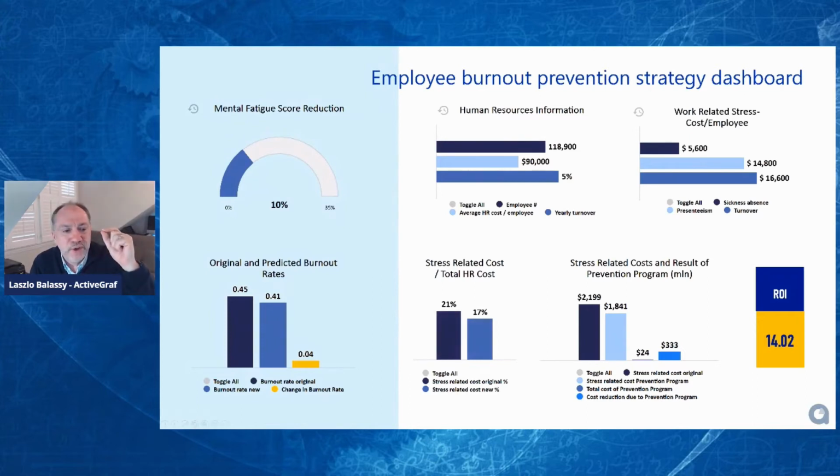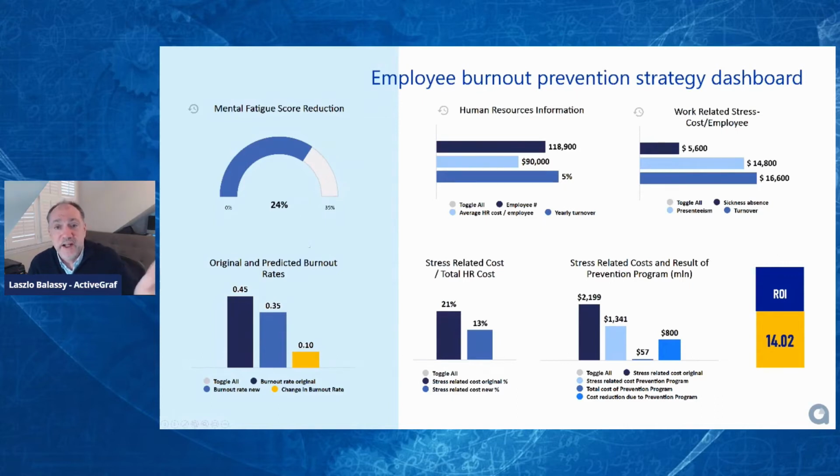We want to get to a burnout index of only 0.35. That's considered healthy by us. How much do we have to invest and how much do we have to reduce the mental fatigue score to get there? And let's just try 25% or 24%. Well, as the case may be, you get it to. Okay, actually 24% gets us there.